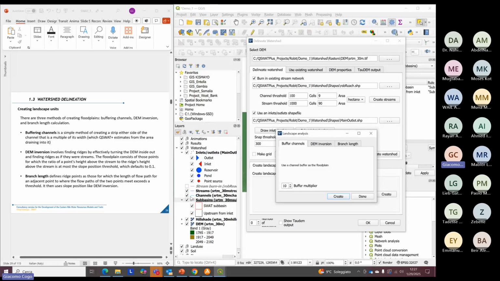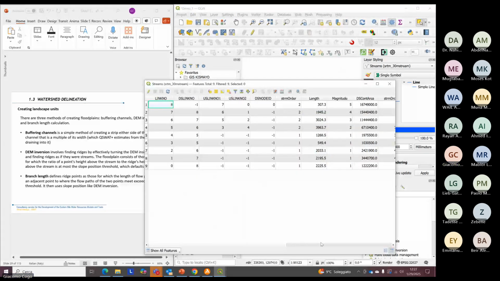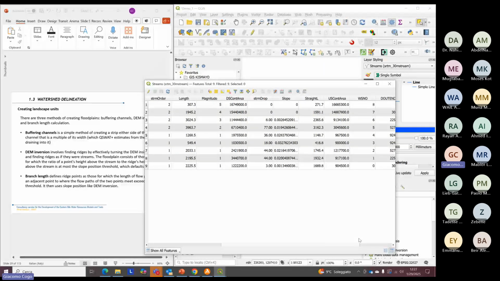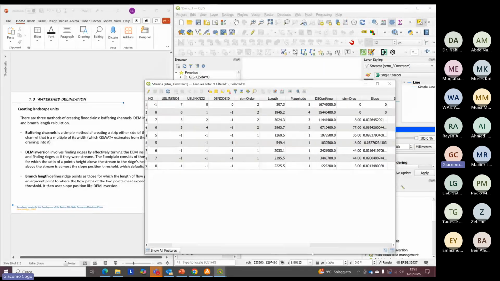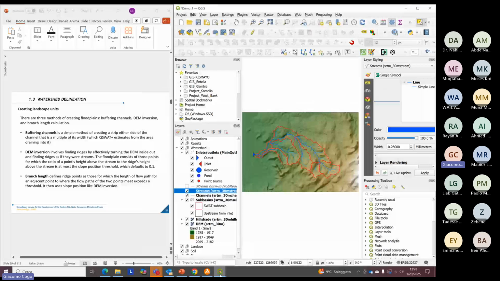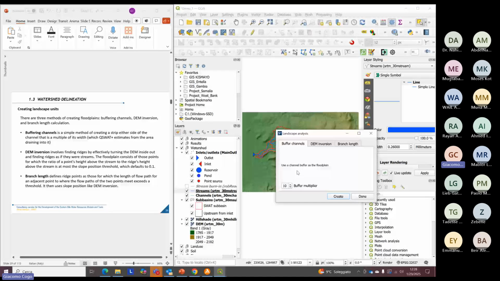So as we see from the attribute table, we had an indication of the width. It's actually not here, but it will be shown on the next step. But we have a calculation of the width of the river. And also through these buffer channels, there is an estimation through the area that's draining to each river, which is the width of the